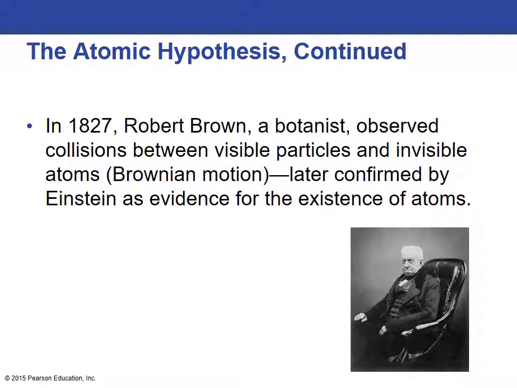Another major step toward the modern idea of atomic structure came from, oddly enough, a botanist, Robert Brown, who observed and discussed what we now call Brownian motion. You have a separate video on that, and make sure that you have a good understanding of what Brownian motion looks like. A good analogy to that is we can't see atoms, but we can see the effect of them with Brownian motion. You know, the same way that we cannot see the wind. We know the wind is there because we see the effect of it with tree branches or leaves blowing.